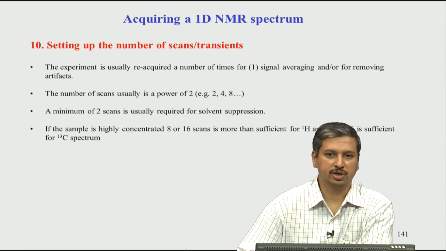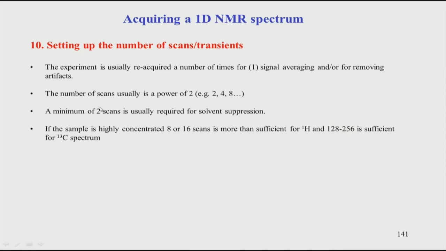Of course, the noise also gets added, but remember we said that noise does not increase as much as the signal increases when you add, because noise is random white noise. So, it starts subtracting itself. If you do 2 scans, the signal will go up by twice, but the noise will not go up by twice, it will go up by the square root of 2.